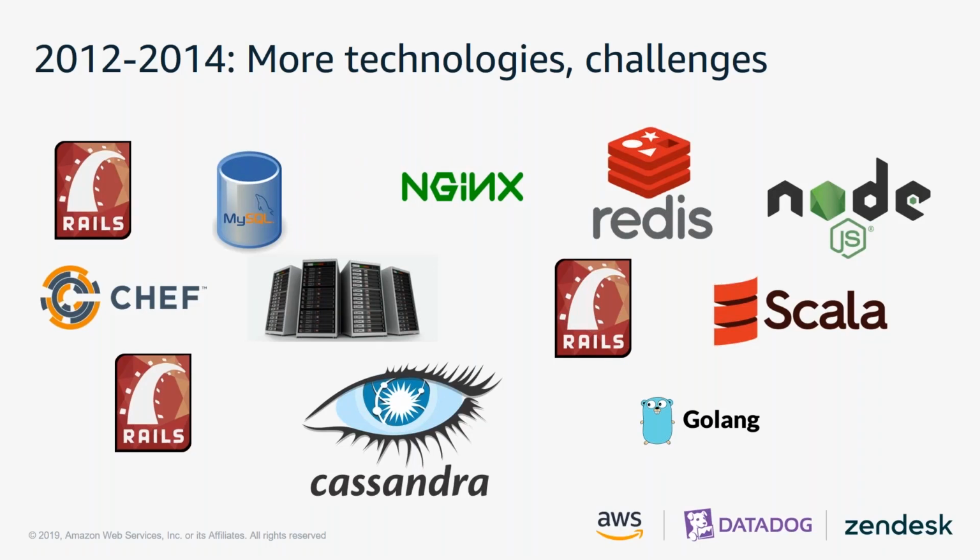Some of those were also Ruby or Ruby on Rails apps. We started branching out more, some Node.js and Scala and Golang. We also expanded the number of data stores we're using, so introduced more Redis and Cassandra, and later Kafka, and a broader set of technologies involved. So that was great in a lot of ways. We were no longer limited to a monolith with a single stack, so we could solve problems correctly,